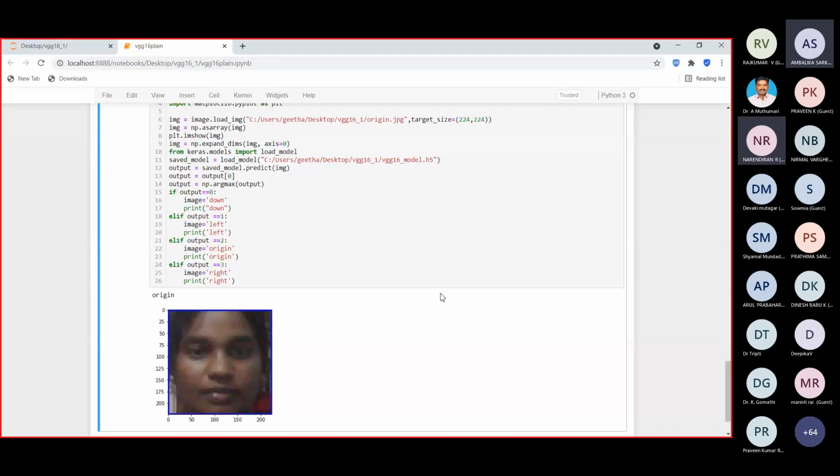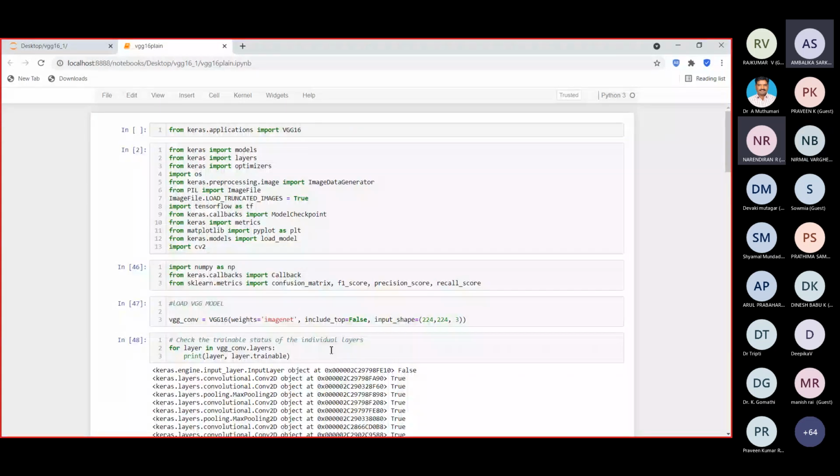So this is how VGG16 is used for classification of these gesture images here. And here I have not used any transfer learning concept. I have just changed only the classification layer alone. So not much transfer learning concept is used here, only the last layer, the classification layer, is changed.